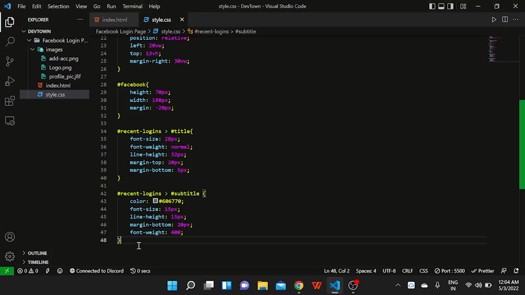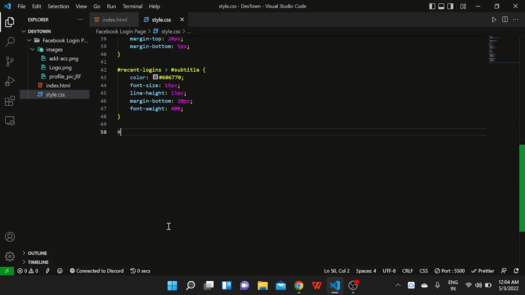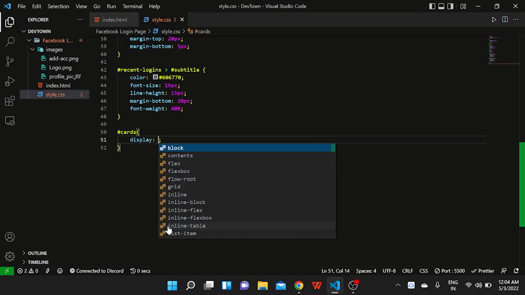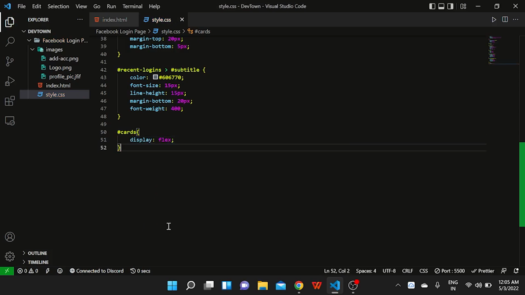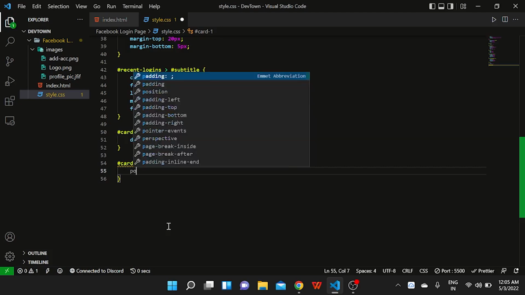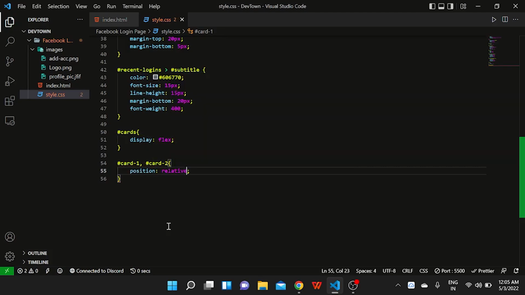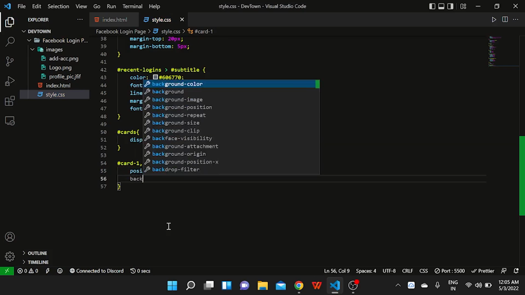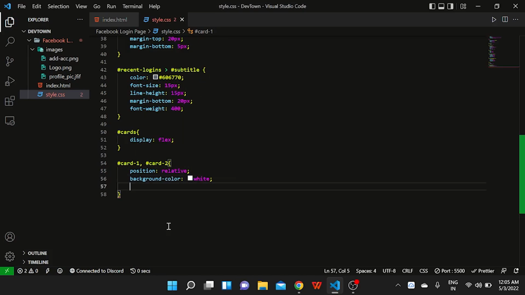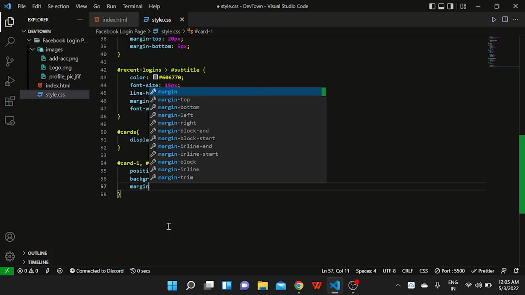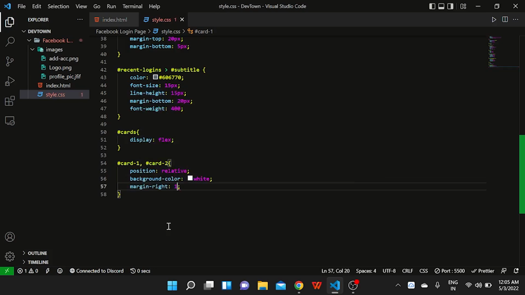And for that, we're going to be moving inside the cards. So firstly, I want the cards to have a display of flex. After this, we are going to be styling the card 1 and the card 2. So we need to do some common stylings for both the cards. So we'll add both the names here, and after that we'll put the position here as relative, the background color as white, the right margin would be set here to 10 pixels,